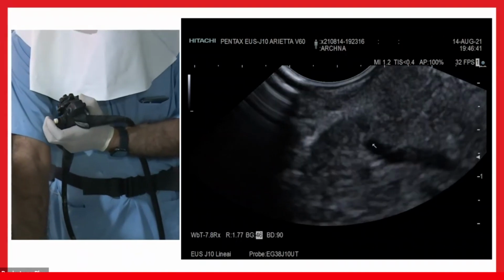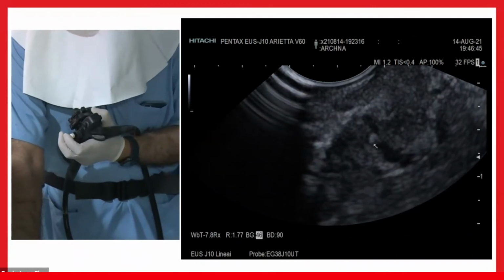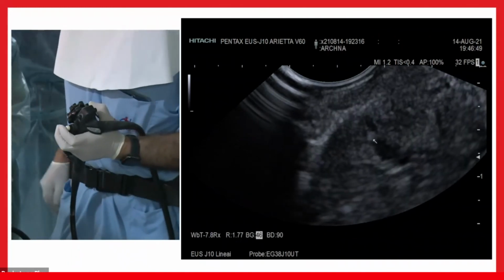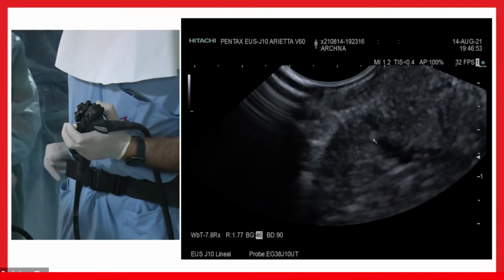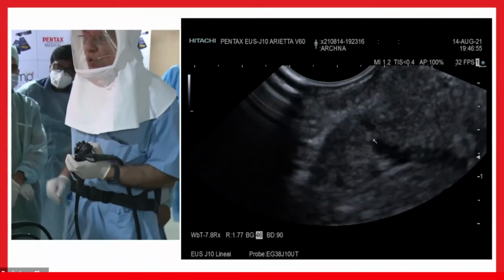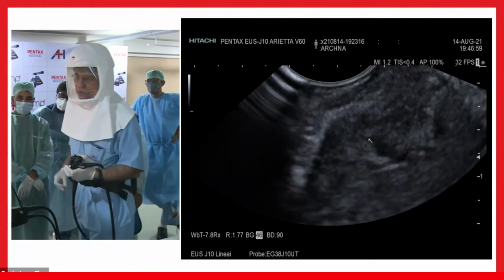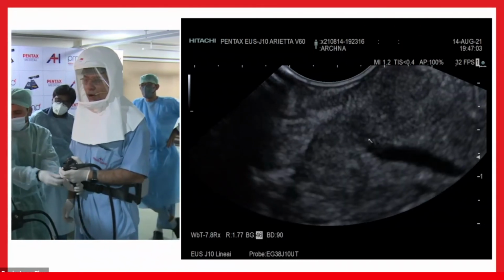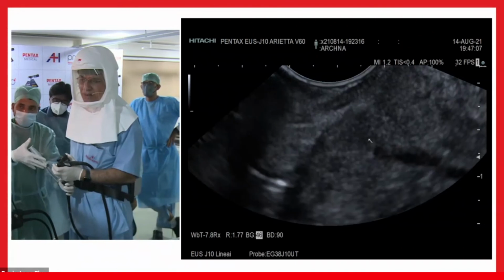See, somewhere here or somewhere close to them. Yes, this is, or somewhere close to the common channel. It is in the common channel. So I would say this patient possibly has a 1.5 millimeter stone impacted in the common channel. But again, last point, one more water. The question is to remove it or not to remove it. I have a tense bile duct.